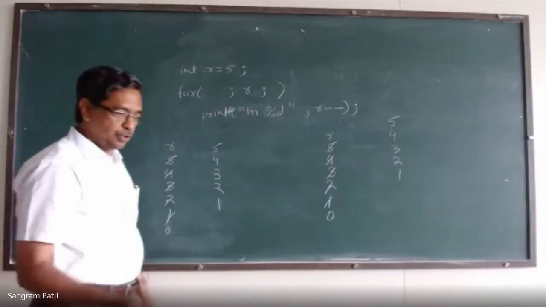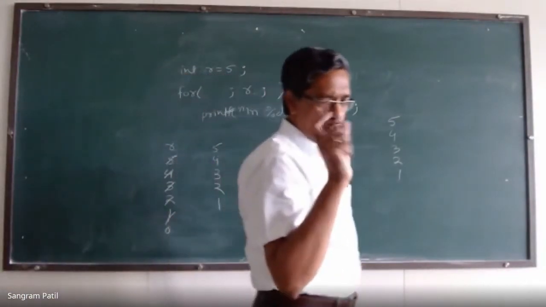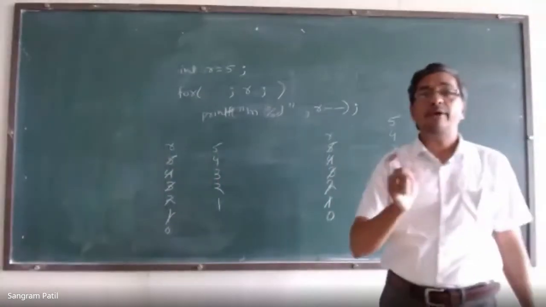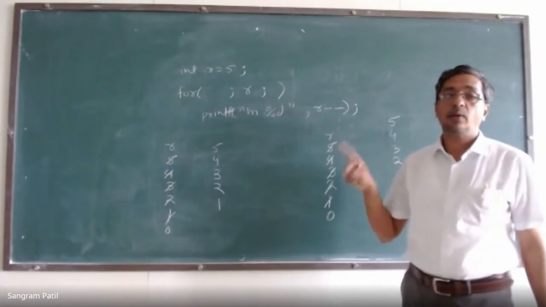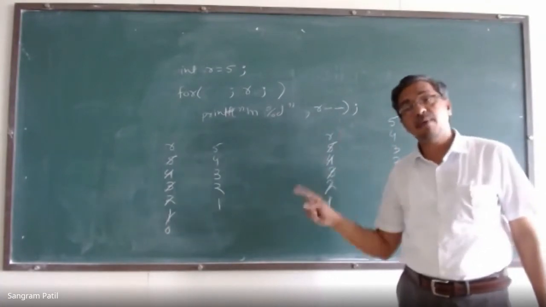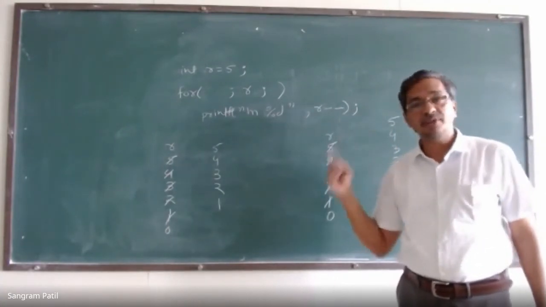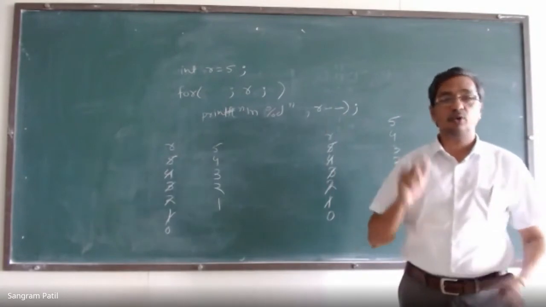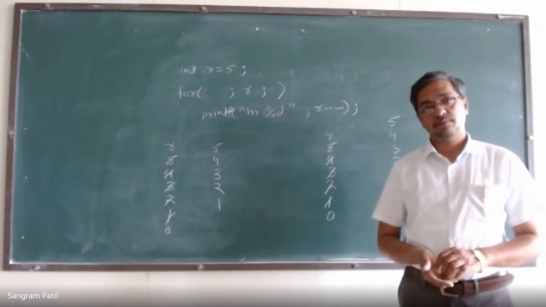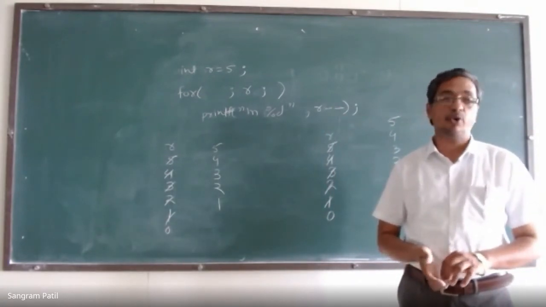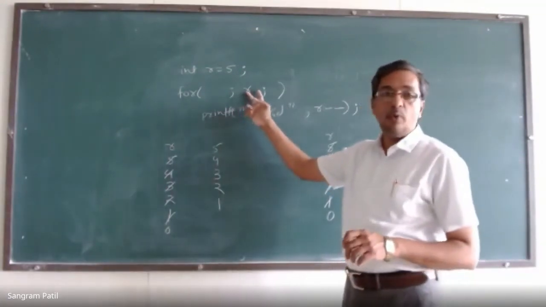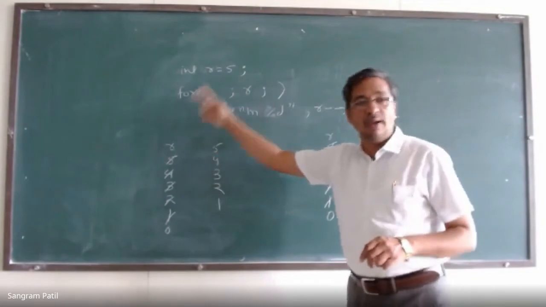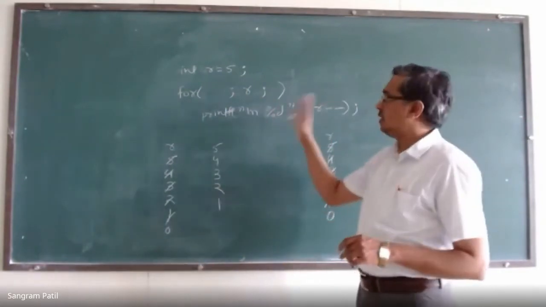So in a for loop also, whenever there is expression 2 as a condition, it will evaluate the condition, but when it is a variable, it will repeat till the value of the variable becomes 0, and when it becomes 0, it will come out of the loop. Remember this is very important. When the value of r becomes 0, it will come out of the loop, otherwise it will remain in the loop.